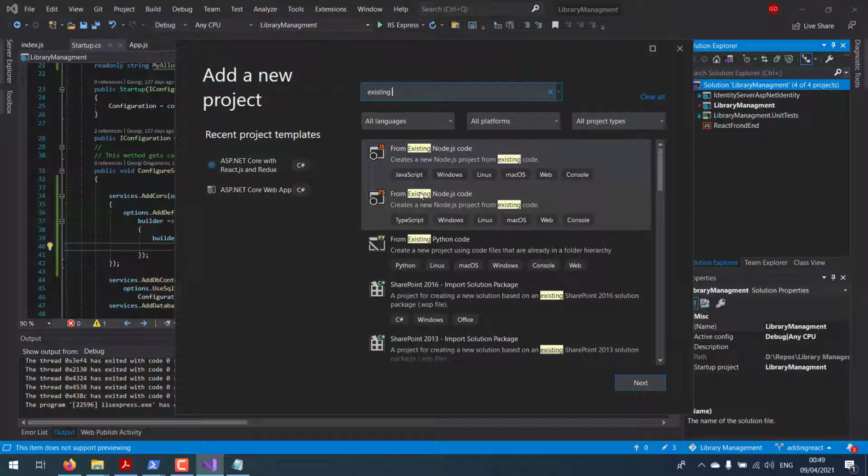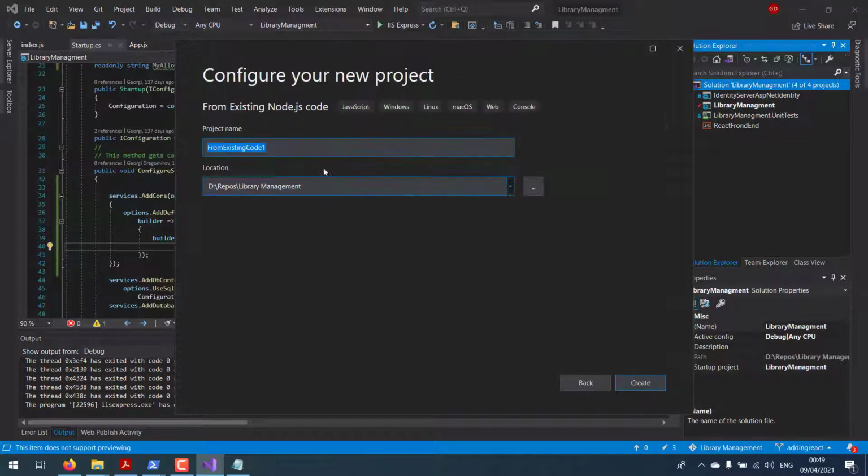To be honest, I don't know. I suppose now I'm gonna add this one, members front end,